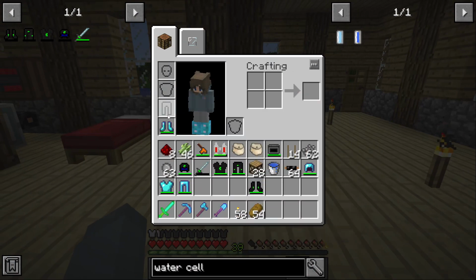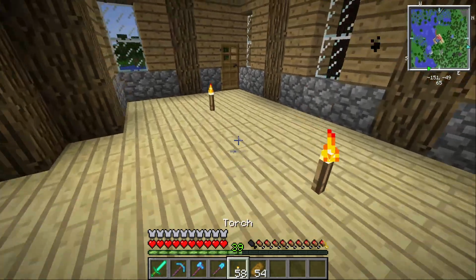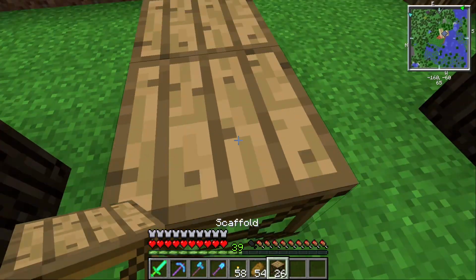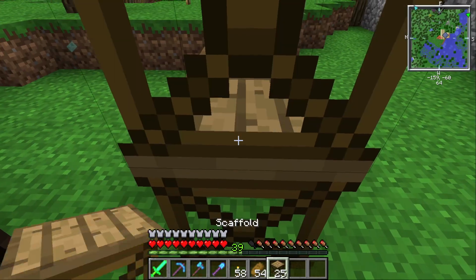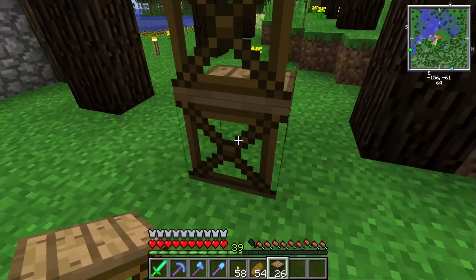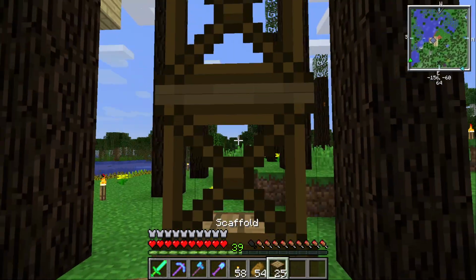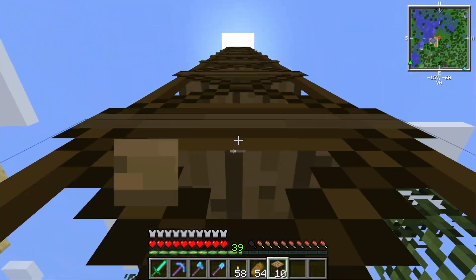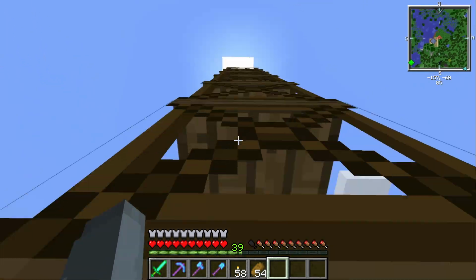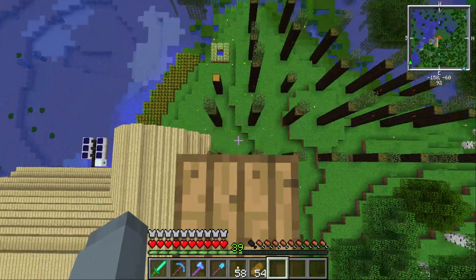Alright, now that we have this stuff here, nano suit. So, pretty powerful stuff, if I recall. It negates a lot of damage. Can't remember. Alright, you left click, not right click. So yeah, we're gonna build up all the way to the sky with this scaffold. And then we're gonna jump off and see how much damage this reduces. It's supposed to do a lot, so...